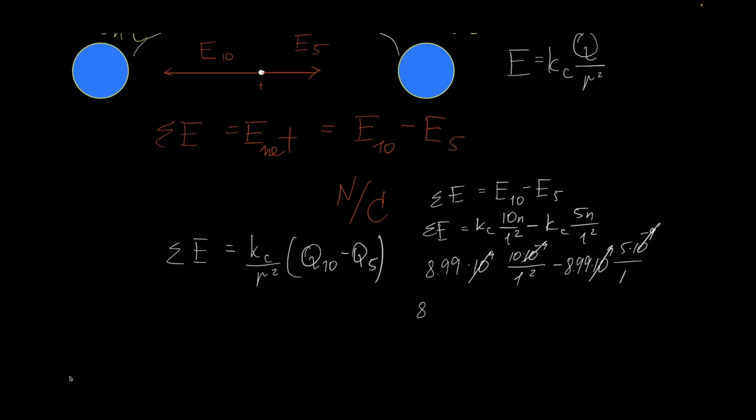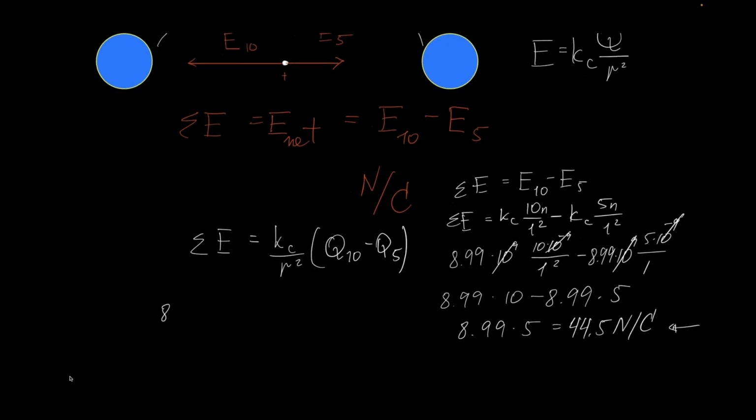So overall, it's going to be 8.99 times 10 minus 8.99 times 5, which is basically 8.99 times 5, 44.5 newtons per coulomb, and the direction you have to say is to the left. And if I did it straight here, 8.99 times 10 to the 9th over 1, times 10 to the negative 9th, and then 10 minus 5, the same story,